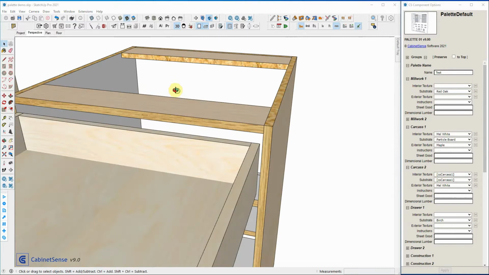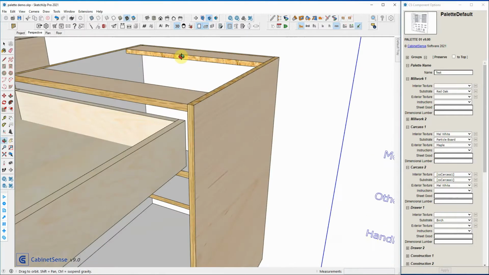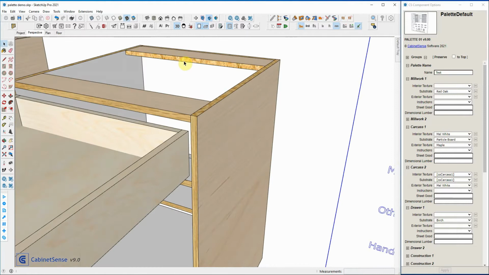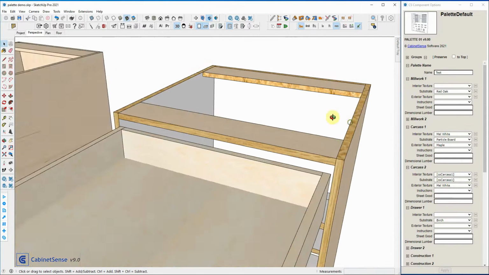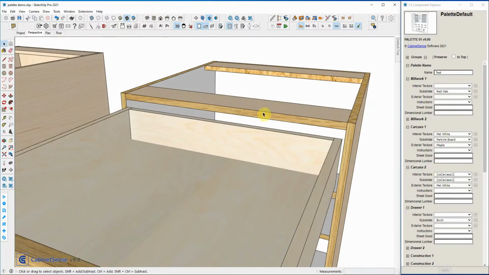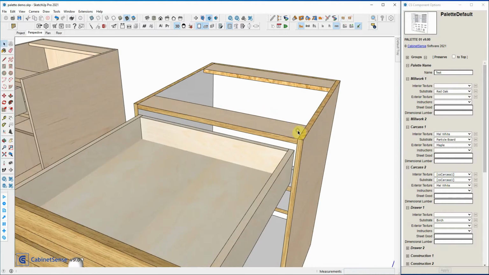You'll notice now that we're using actual substrates and each side of the panel is a different material or texture, you are seeing the actual substrate as well. And if your shop is one of those where you physically assign edge banding in your model, then this might really help you to determine if you've missed any edge banding. If you're a shop that doesn't signify the edge banding in your model,